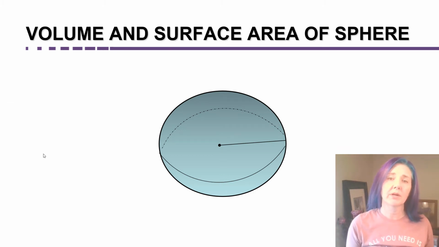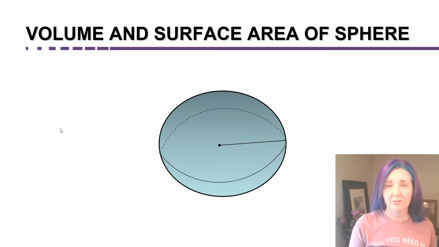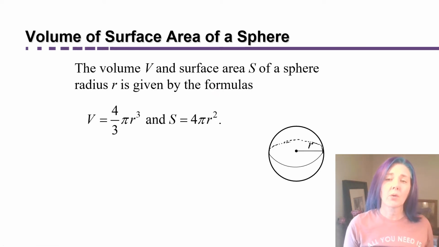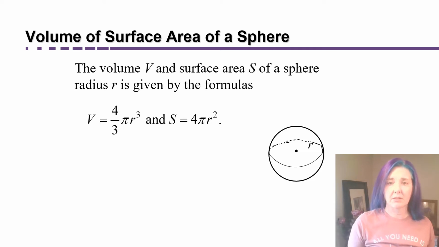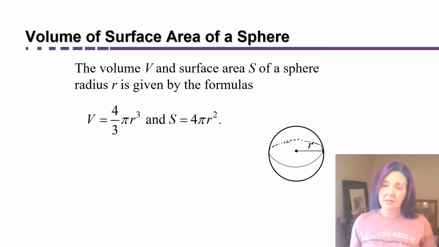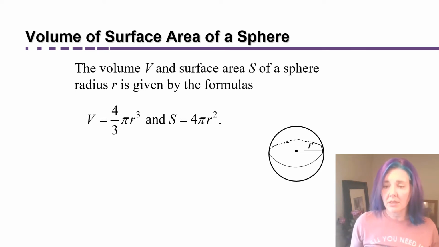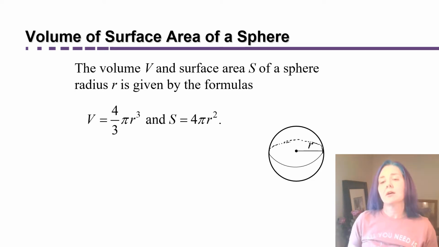In this video, we're going to talk about the volume and surface area of a sphere. A sphere falls in its own category of space figure because it's very unique in how it has no straight edges. The volume of a sphere, as well as its surface area, can be found using calculus. In this class, we're not concerned with where the formula came from so much as just using it and recognizing it. You'll see that it does involve pi and the radius, which is not surprising because it's